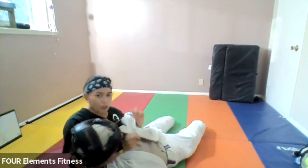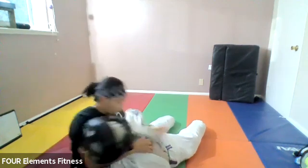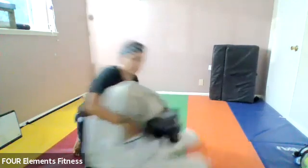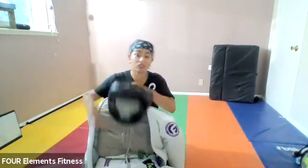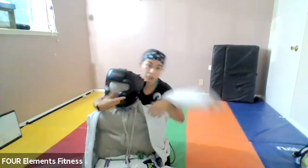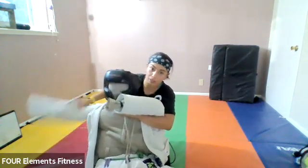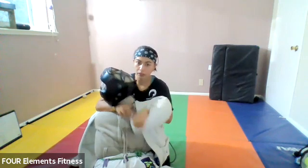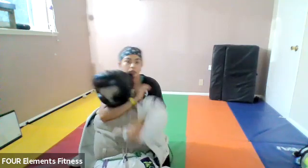Submission 3 is going to be more of a no-gi one, but it's also a choke. I'm just going to get this ready with the dummy up. I'm going to fix a dummy's spinal column this weekend. But anyway, so I'm here, my legs are over there against this arm, but I found myself here at the beginning of the crucifix, right? I'm actually going to keep this hand on the wrist and make sure that it's away. This hand, if it's not already underneath the neck, I'm going to make sure that it's underneath the neck, and I'm going to grab at the trap here. And then I'm going to,